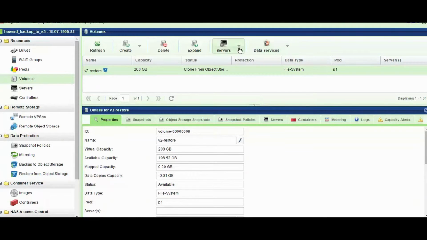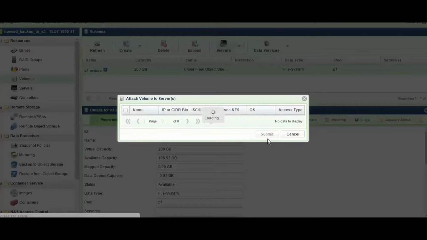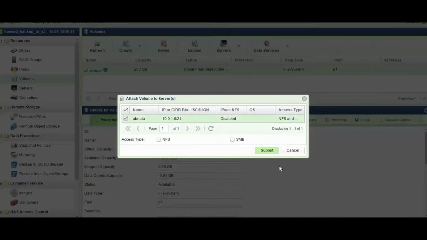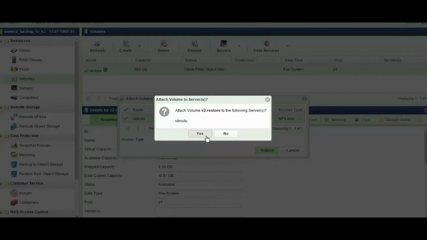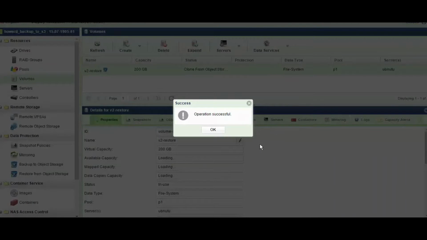And what we need to do is then mount this server. So it was an NFS volume. You would select NFS or SMB. This happens to be an NFS volume. Let's do a submit. Okay, so